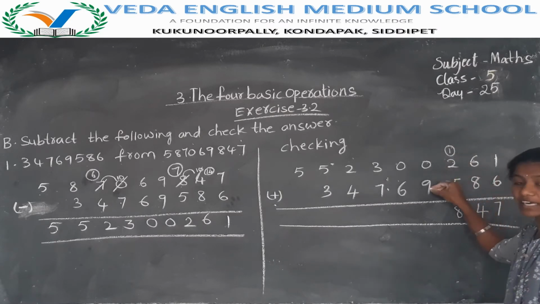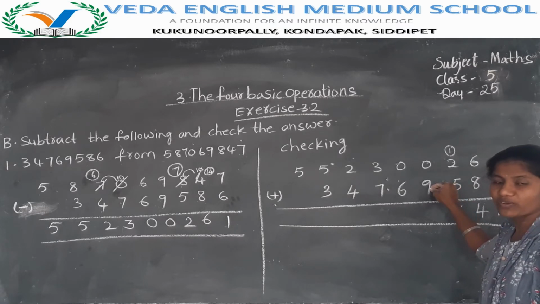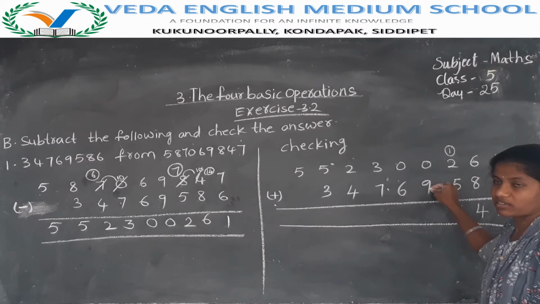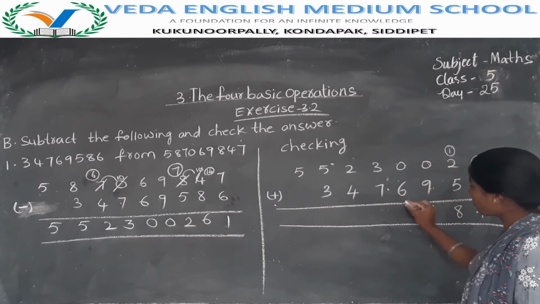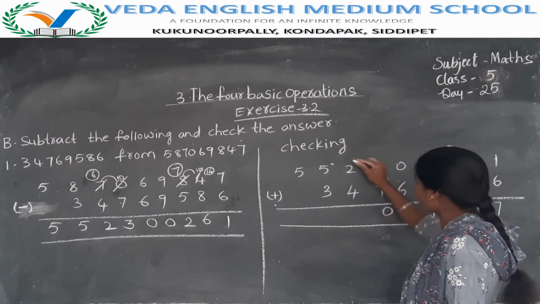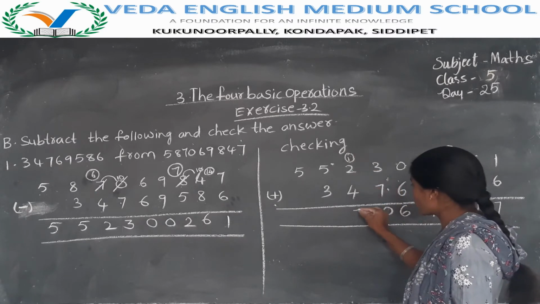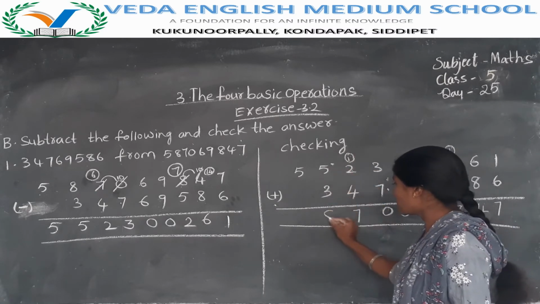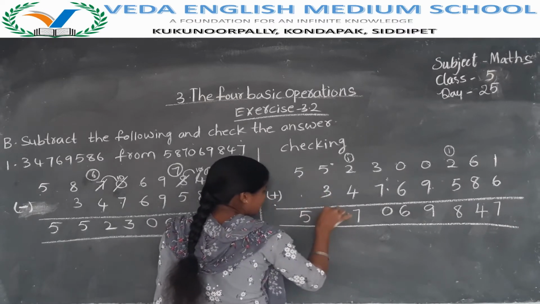0 plus 9. Addition properties we నేర్చుకున్నాం నాన్న. If you add 0 to any number, you will get the same number as answer. 7 plus 3 10. 0 you have to write here, 1 becomes carried to the next number. 4 plus 2 6, 6 plus 1 7. 5 plus 3, it is 8. For this 8 there is no number to add, so we have to write this 5 as this.